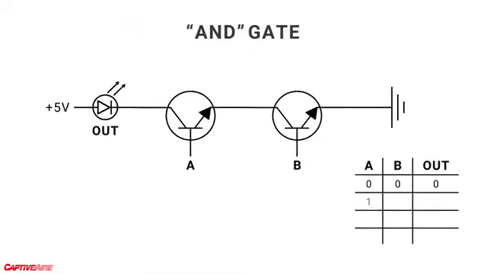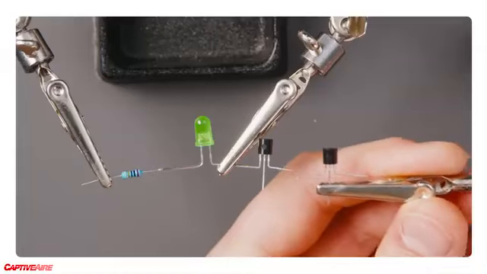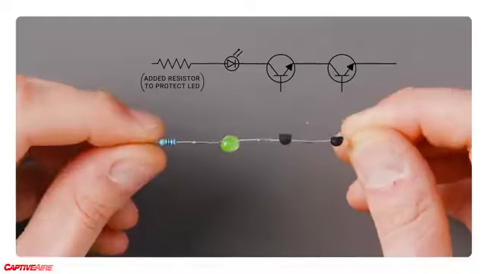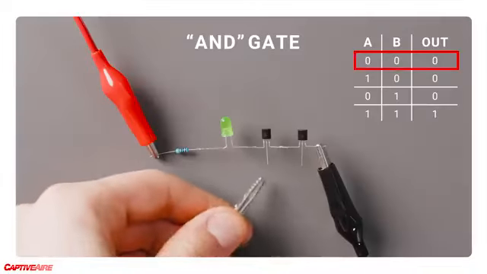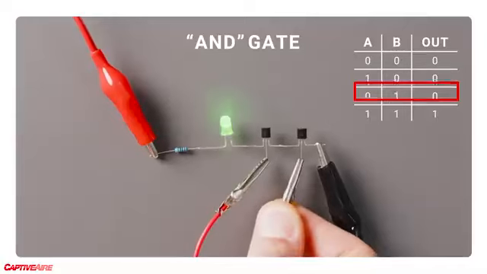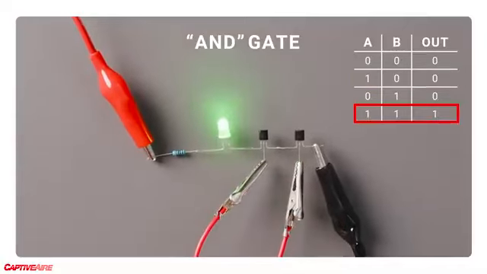Here's a schematic for an AND gate made out of transistors. We can consider the two bases of the transistor are input bits. And this LED light indicates if the output is on or off. In order for the current to flow, we need to turn on both of these transistors by providing a voltage to their base. The nice thing is we can actually build this circuit to look nearly identical to the schematic and test it out. When I power the first transistor at the base, nothing happens. But as soon as I power the second one, the light turns on, meaning our output is now a 1